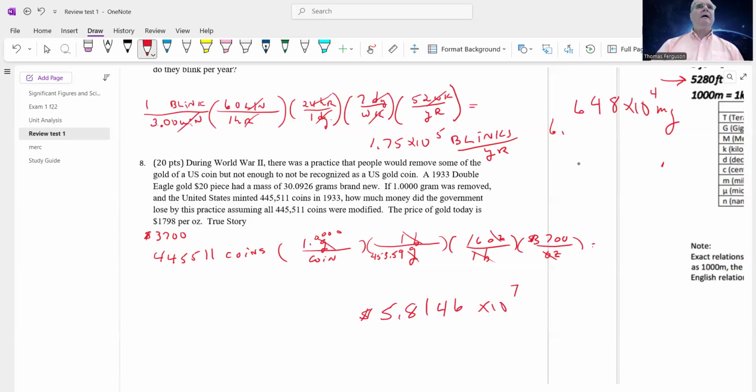Oh, I just looked it up, the current price. Otherwise, according to the problem, we should have used 1798. But the current price of gold is what I looked up. So there's another